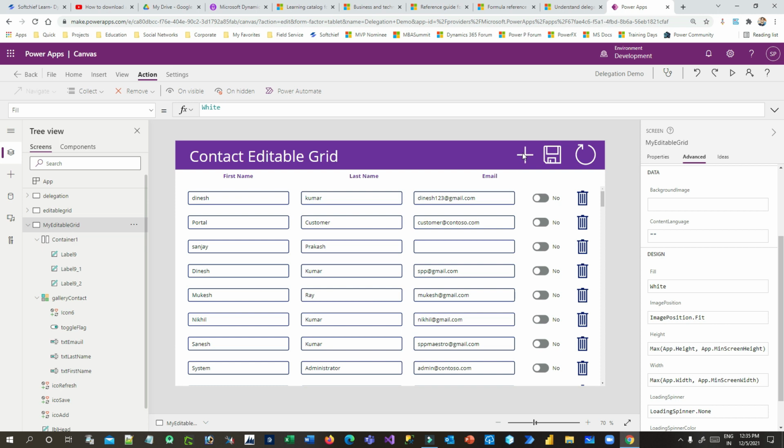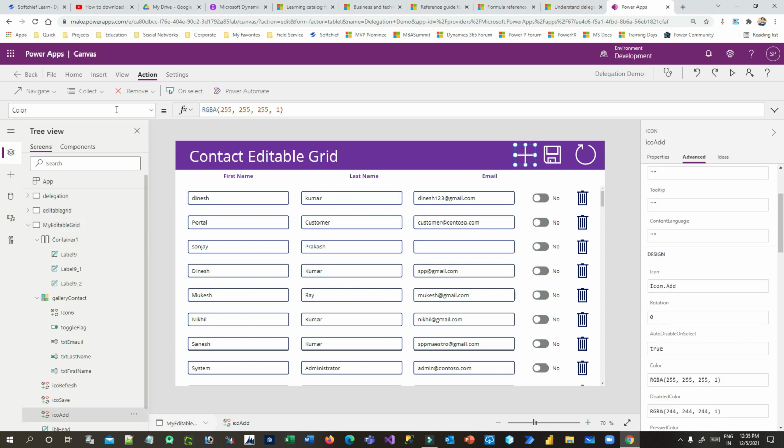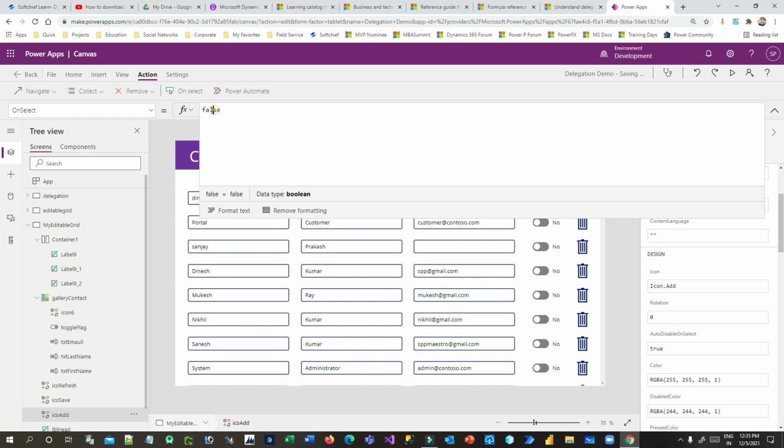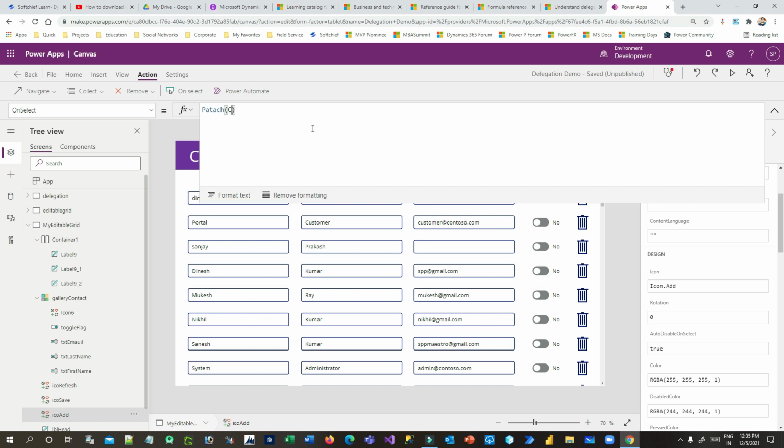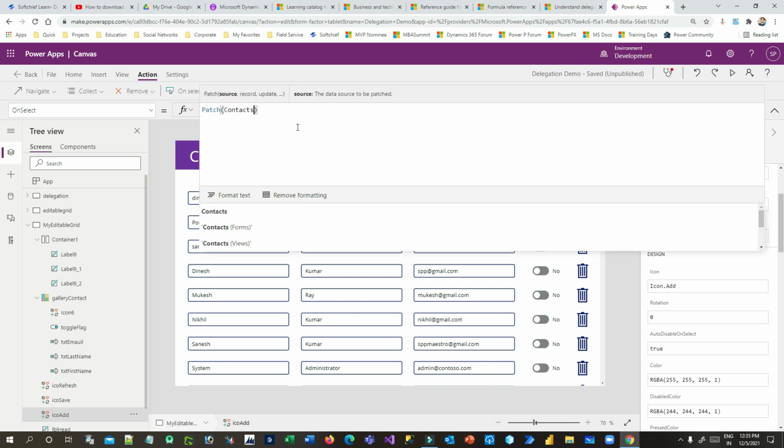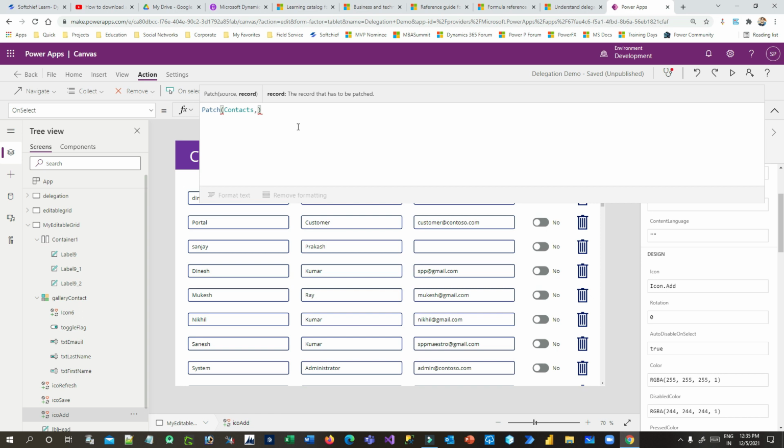Now I want to add the functionality for add new. So I'll click on this button and go to the OnSelect property and write the Power Fx. To create a new record, a default record of the contact entity or a data source, you have to write something like this: whenever someone clicks the plus button, it will call the Patch function, and in the Patch function you have to pass the data source. Which data source do you want to patch? You want to patch the contacts entity, and the next thing is which record, right? The record you have to write in curly braces. To define the default value of a contact record, you have to write contact colon